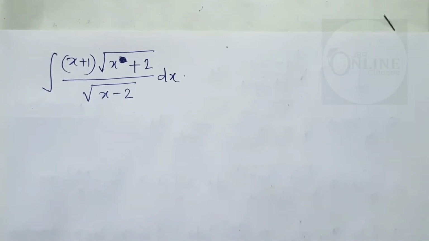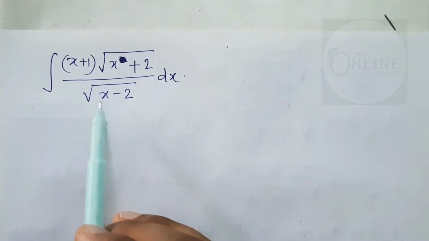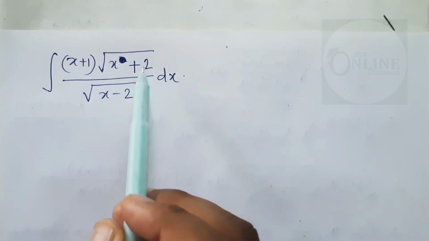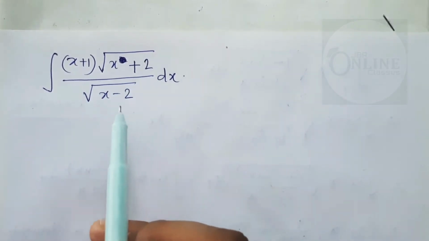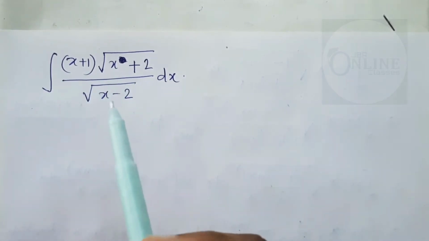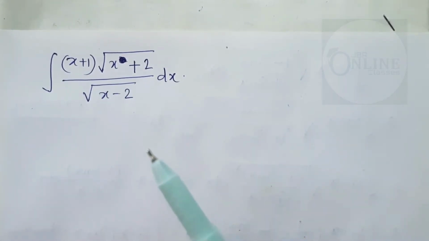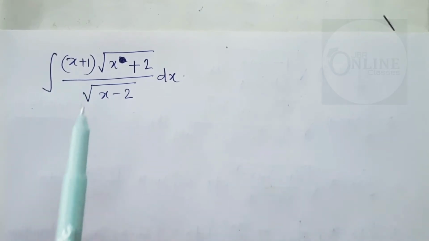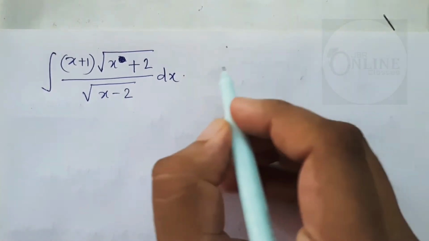As I always say, learning is more important than solving a problem, and in this video we are going to learn this integration: (x plus 1) root over (x plus 2) divided by root over (x minus 2). Someone may say that this integration can be solved by the by parts method or the substitution method of integration, but I always say that you should first try to solve this integration by making some intelligent calculations. So let's do this here.